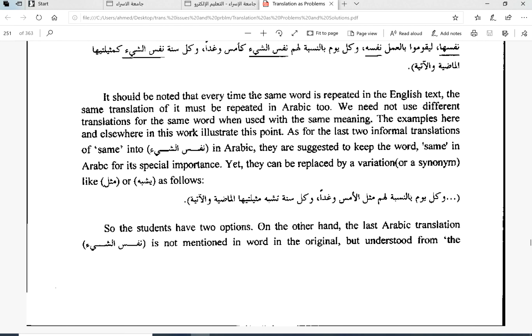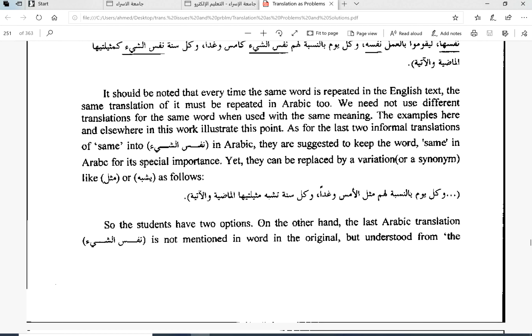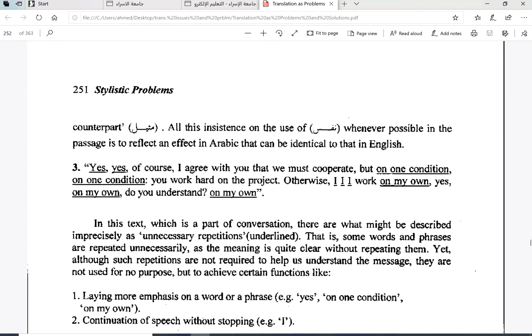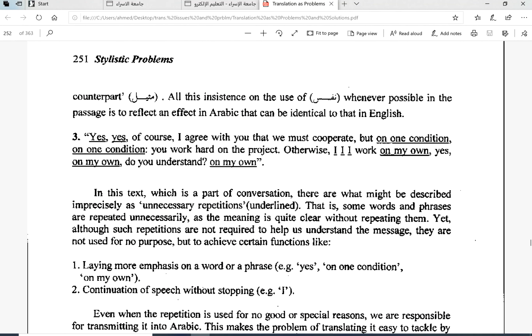Every time the same word is repeated in the English text, the same translation of it must be repeated in the Arabic too. Of course, this is not the case all the time. In this particular few paragraphs, its repetition has its own meaning to the paragraph. It has to reflect something. Another example is,